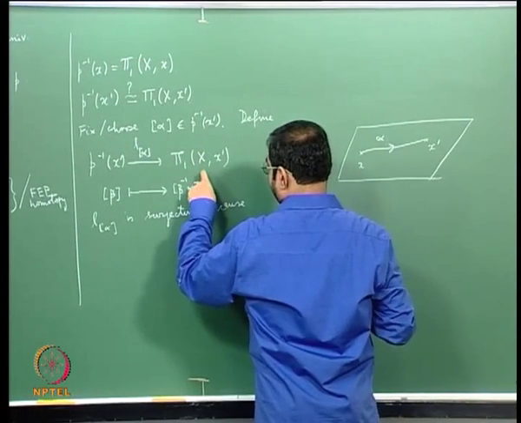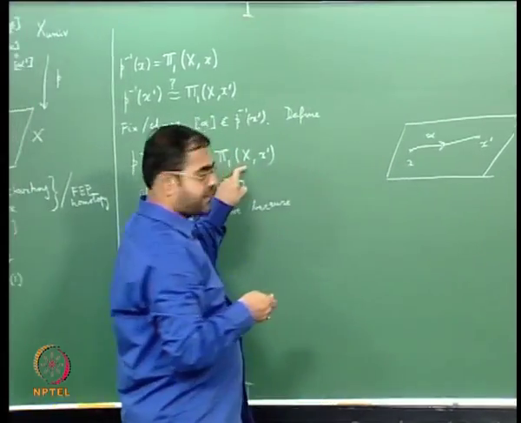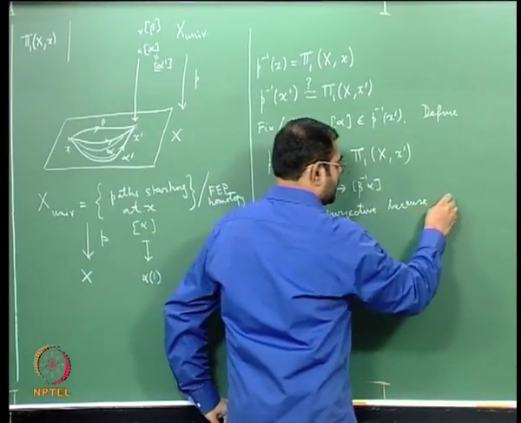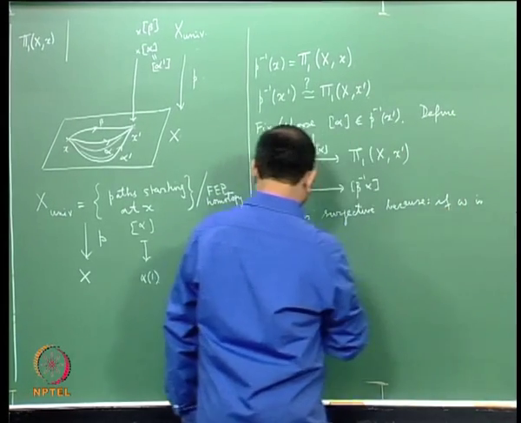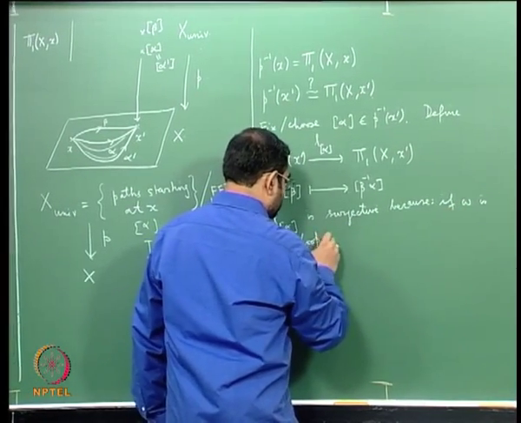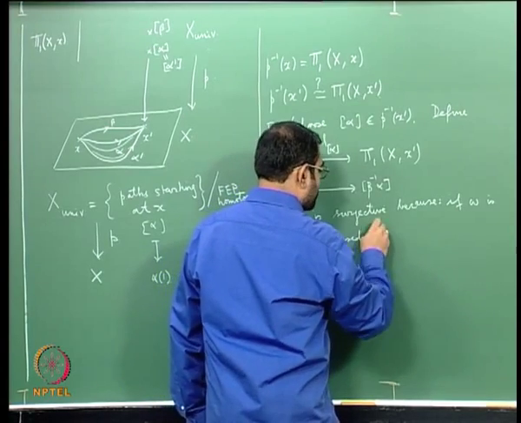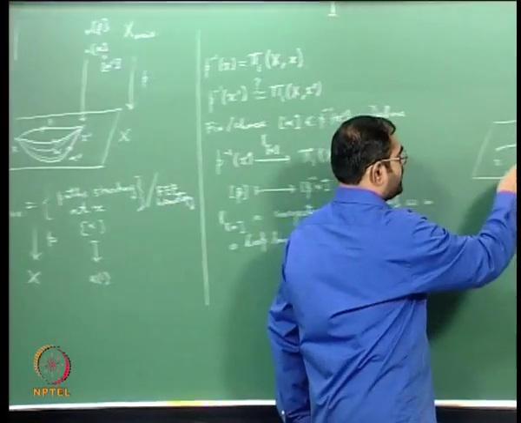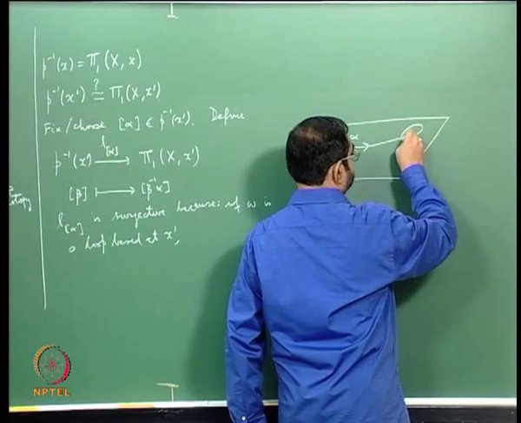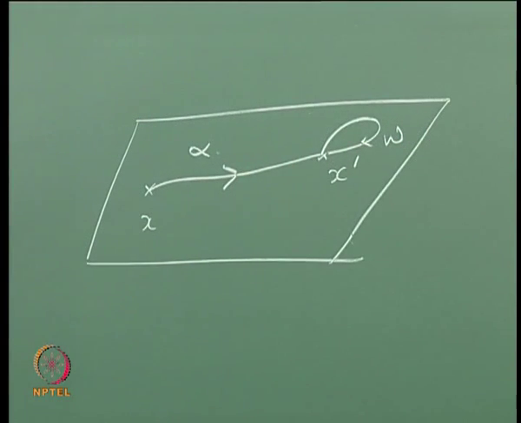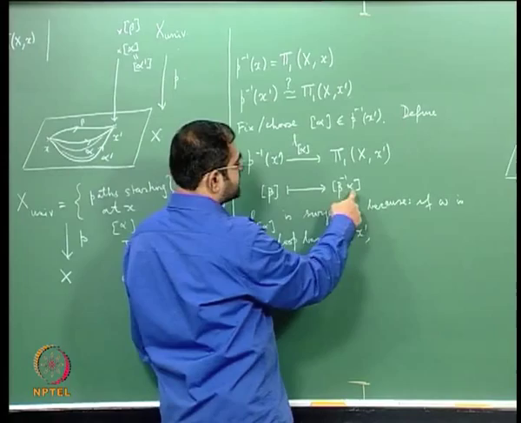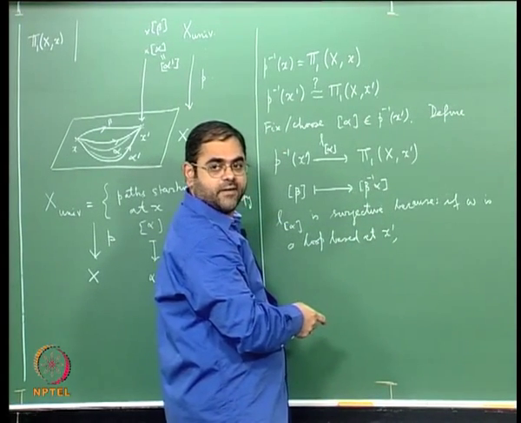So if I start with an element here which is a loop based at x prime, if omega is a loop based at x prime, so my omega is going to look like this. Omega is a loop based at x prime, and I have to find a beta such that beta inverse alpha is omega, okay,